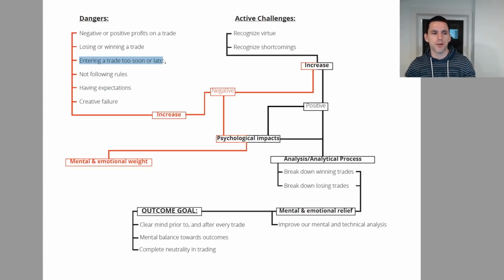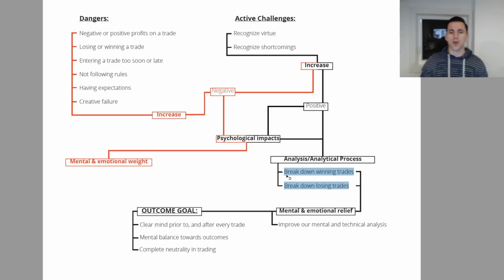So it was a mental breakdown. Or maybe I had negative profits based on technicals. This will allow you to refine your technical and mental analysis, right? And when we do that, once we get to this point here, once we have been able to successfully break down winning and losing trades, that's when we can,